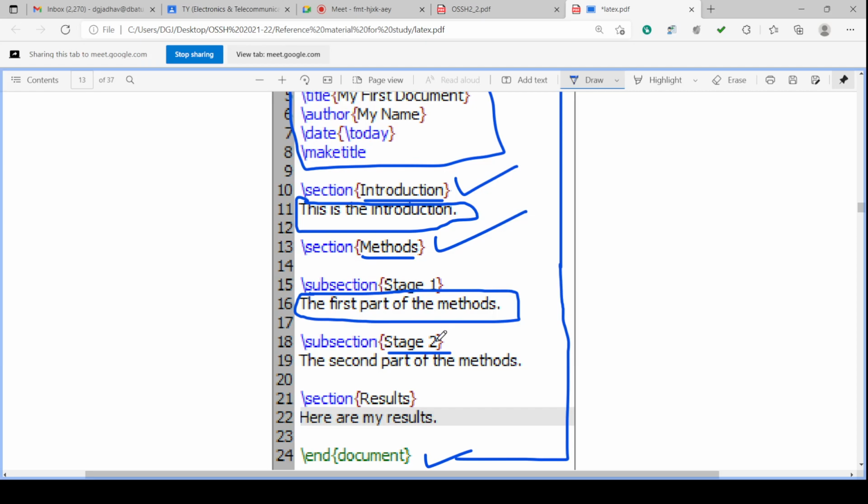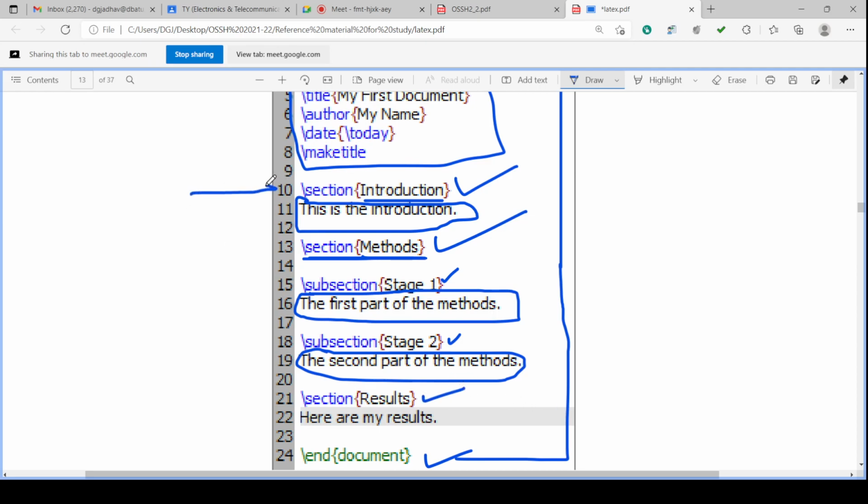So that will be put into that curly bracket, that will appear as the subsection name, and then there will be text under that subsection, the second part of the methods. Okay, subsection text will be there. And under the methods section, suppose a section named method is there, under that there will be 2 subsections, stage 1 subsection and stage 2 subsection, and that method section is completed. After completion of the method section, there will be the next section, suppose section results, isn't it?